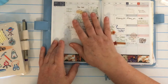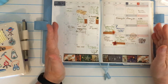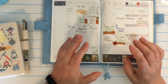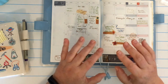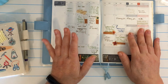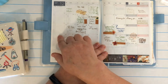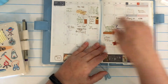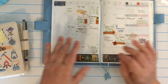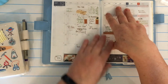But I have been using this calendar, a large 2-page calendar in my Stalogy A5, for eclectic types of things that make me happy. For a while I was writing on the side over here something like, today is going to be a great day too, and then I would put something in each square that made that day a great day. So I'm still kind of using the calendar in that way, in the sense that